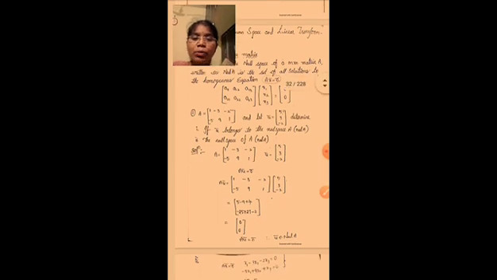So first see one problem. A is equal to 1, minus 3, minus 2, minus 5, 9, 1, and let u bar be equal to 5, 3, 2. Determine first of all if u bar belongs to the null space of A or not, that is, u bar belongs to null A or not, we have to find out. Null A means null space of the matrix. And how to find out? We know the equation A x bar is equal to 0 bar; if we get 0 bar, that is the null space.